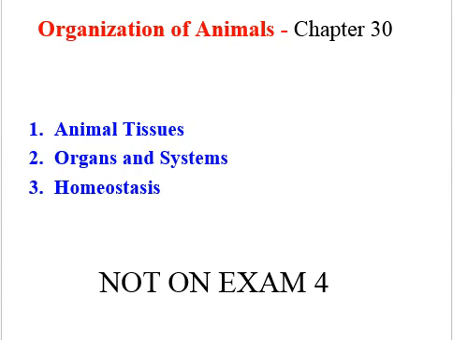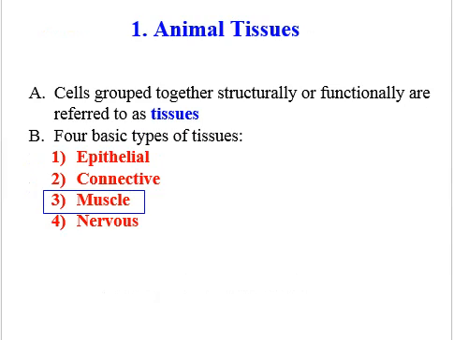They have different characteristics. There's 4 different types of tissues that are used for different functions that you find in animals. Pretty advanced compared to a lot of things in between bacteria and animals. And as I said, these tissues are grouped together to form organs. Organs are grouped together to form systems. And the systems make up an individual. And then the last thing is homeostasis, this idea of maintaining a constant